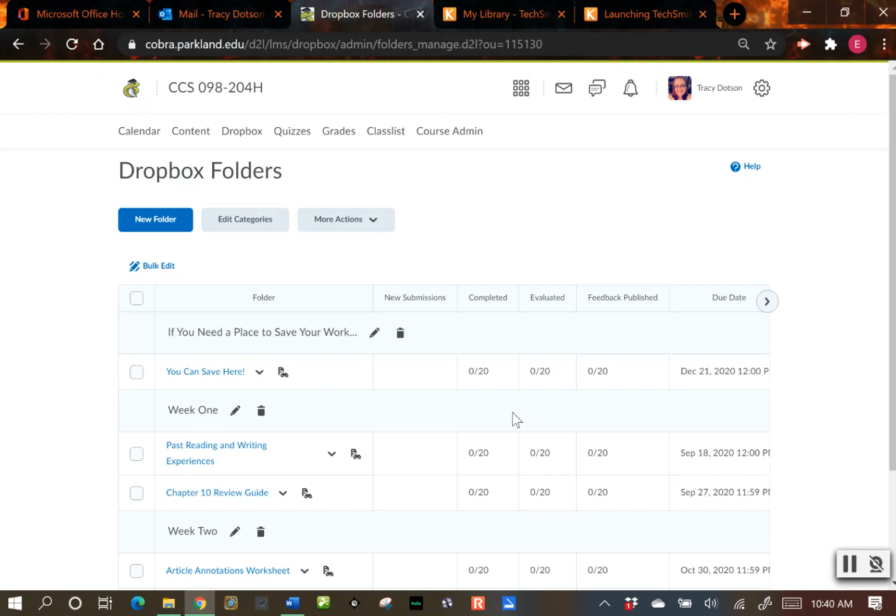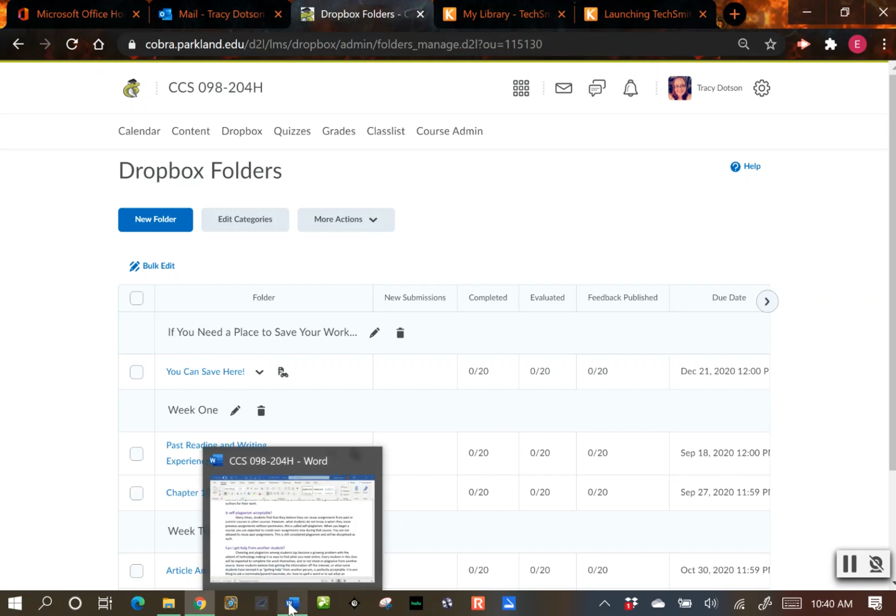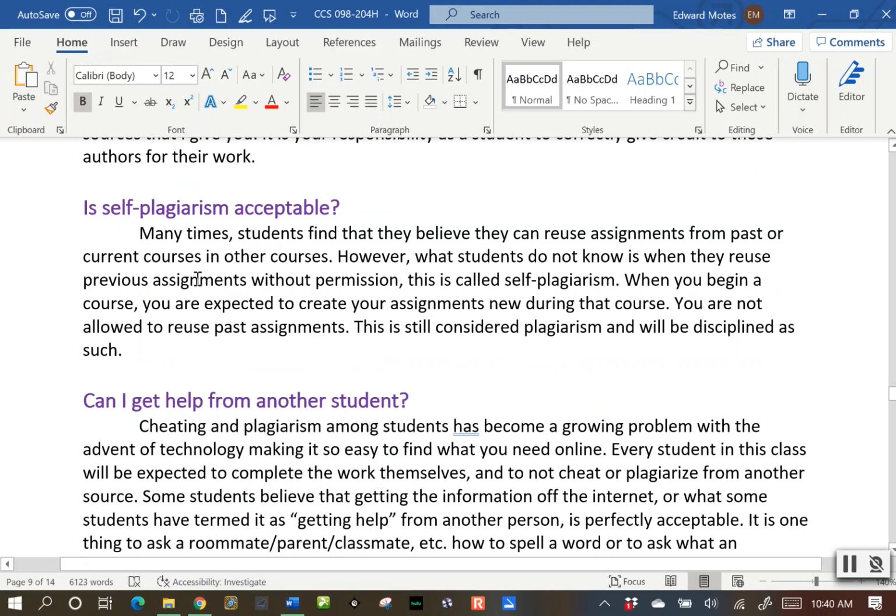That student had turned it in a previous class, so it popped up for my class that had been plagiarized. So they did what's called self-plagiarism. They reused work from a previous semester, and you're not allowed to do that.